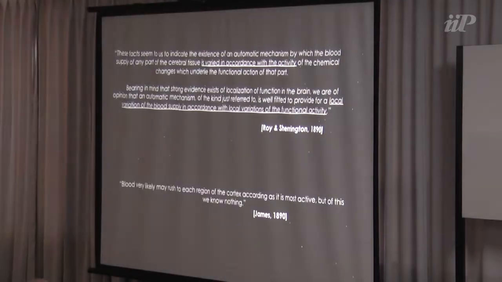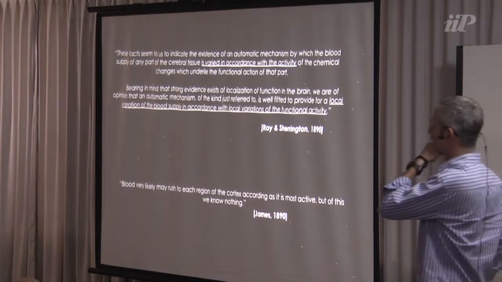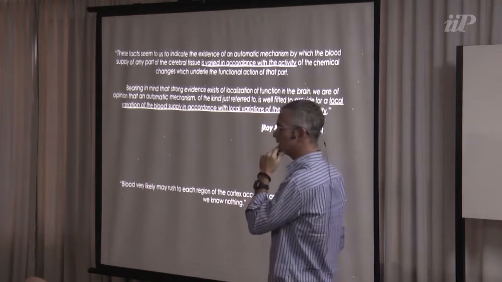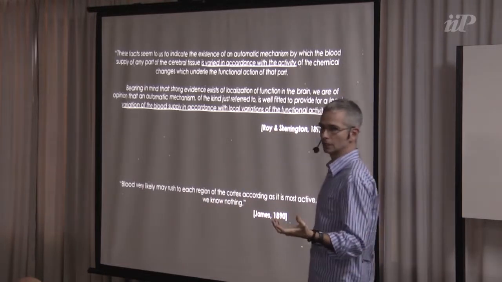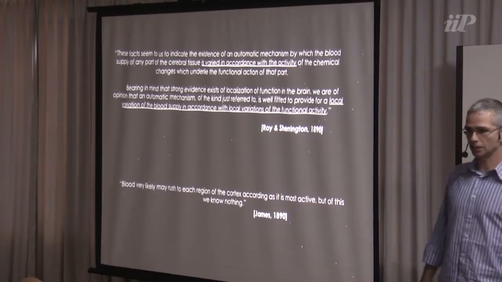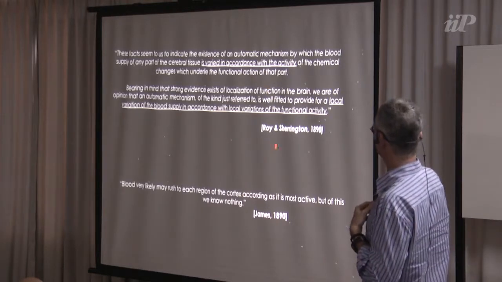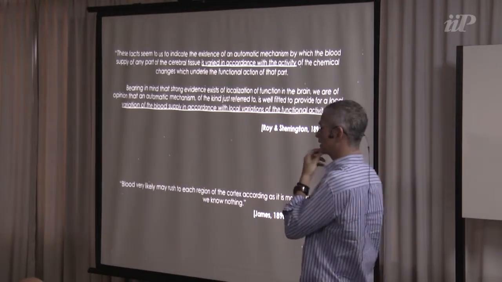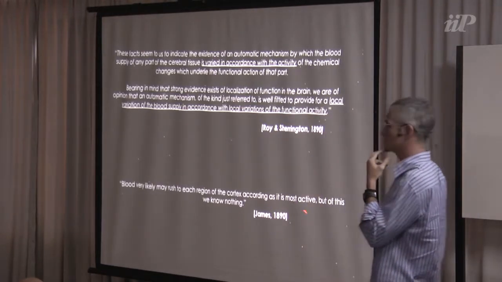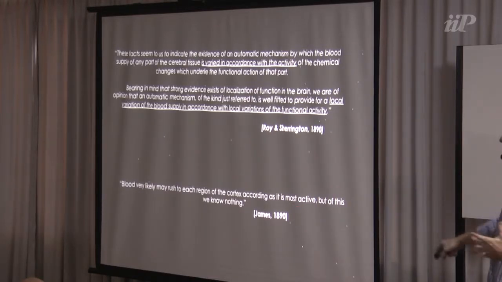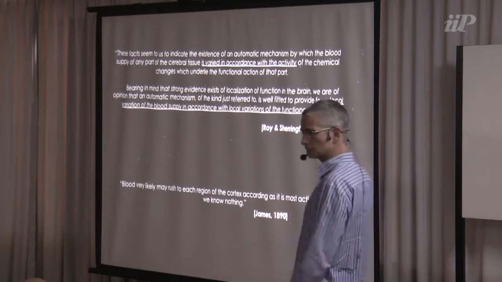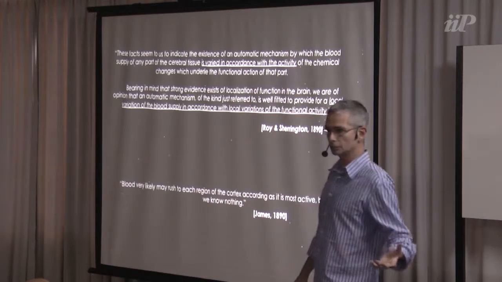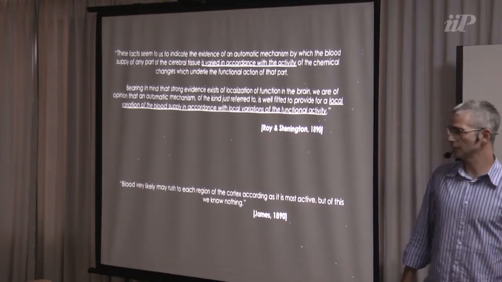So the first two guys that talked about these phenomena, the increased local blood flow as a result of increased electric activity of neurons, were based on observations by Roy and Sherrington and William James. Not the observation of William James, but William James based this phrase here saying that the increase in blood flow should follow the increase in neuronal electrical activity.